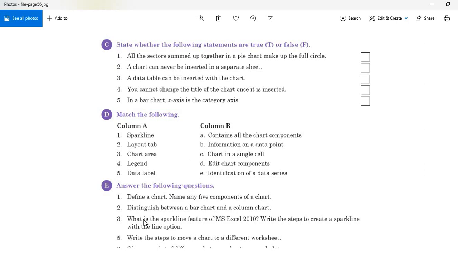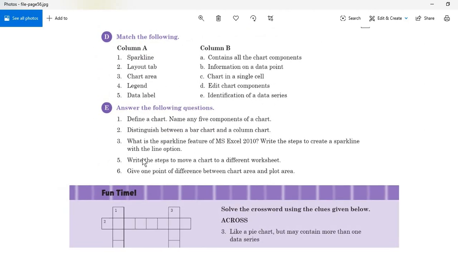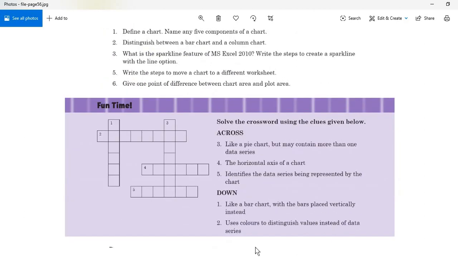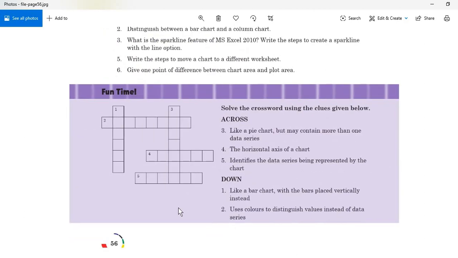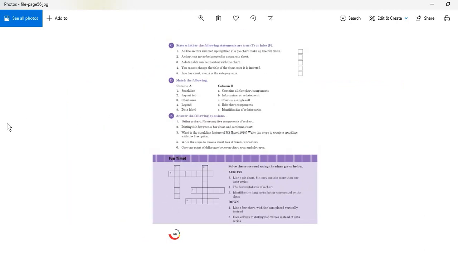Answer the following, I will write. You don't have to write answer the following; I will write that for you, and you can learn it and then write it. That will be better, but if you want to copy it, you will copy, that's fine. And after that we will do this, because I promised you we will do all the activities together for chapters 1, 2, 3, right.